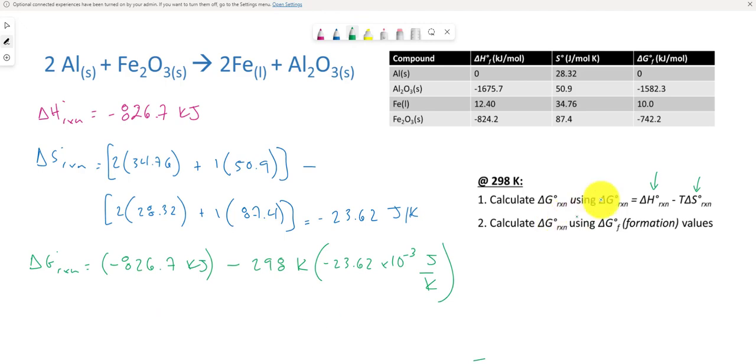So I just rewrote this expression here now in terms of the quantities delta H and delta S that we computed. So it's minus 826 kilojoules minus 298 Kelvin. That's the temperature we're trying to compute this at. Minus 23.62 times 10 to the minus 3, because that puts me in units of kilojoules, which I should have written here, kilojoules per Kelvin. So the Kelvin here goes away, and then we're left with subtracting kilojoules from kilojoules, which is